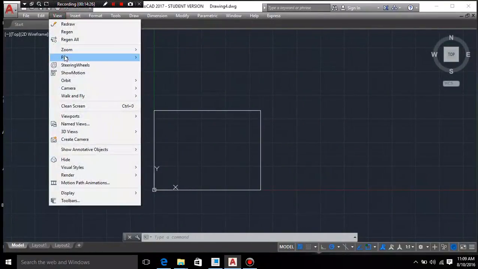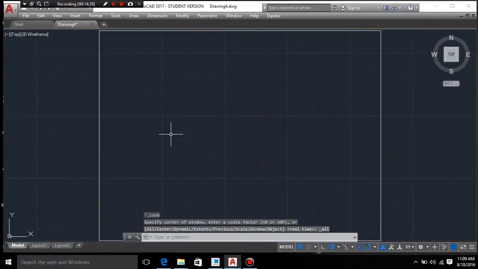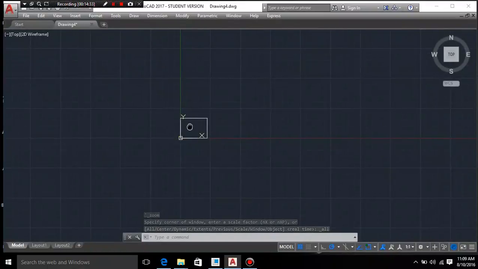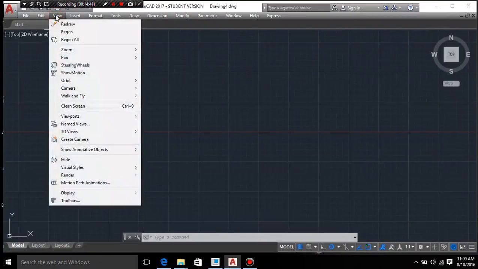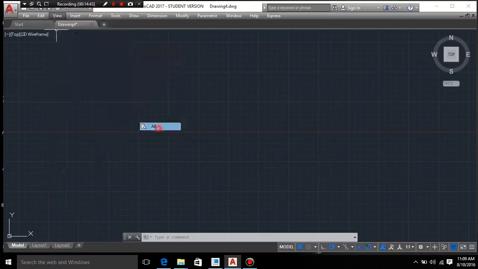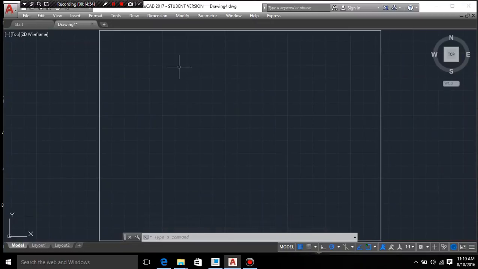And then don't forget that we have our Zoom and our All to get it back to the exact size that we need it. So if you were to lose this thing someplace, and you say, oh, where the heck did that thing go to? You always just go back to View and Zoom and All, and it will come back. The center of your drawing will come back. The lower left corner will be your 0,0 point. So then what I'd like you to do is to draw the outside of this box, set up your units and limits, and